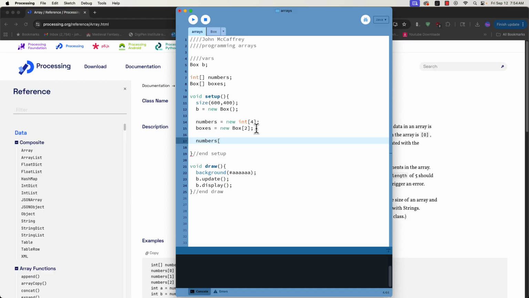So if I go numbers and put in the number 0, what happens is within an array, every element in that array, or every object, has a position. So we think of it in a linear manner, so they have positions. There's 4 objects in the array, but computers like to start counting at 0, so the positions are 0, 1, 2, and 3. So if I say numbers 0 equals 10, remembering it has to be an integer, numbers square bracket 1 equals 5,